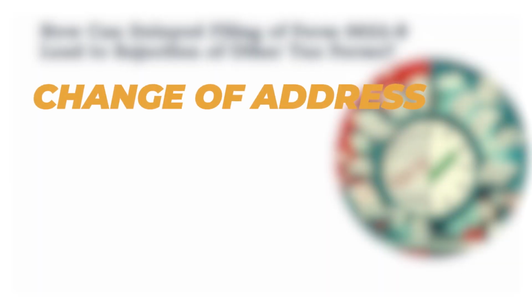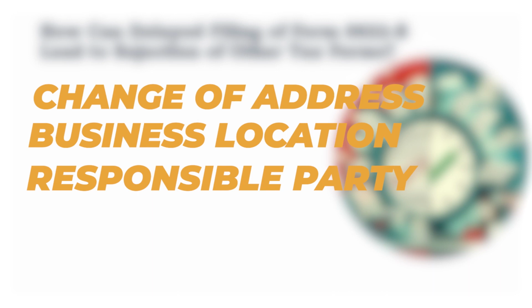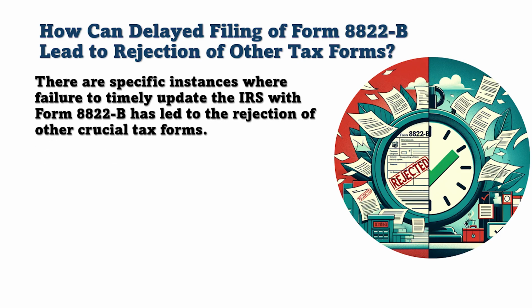Now, I have filed thousands of these forms, okay? I have done a lot of 8822B changes, whether it's for a change of address, business location, or responsible party, and I've seen some reasons why these forms are rejected, even when you do your best to send them in, right? There are specific instances where the failure to timely update the IRS with Form 8822B has led to the rejection of other crucial forms. And one example I can tell you is